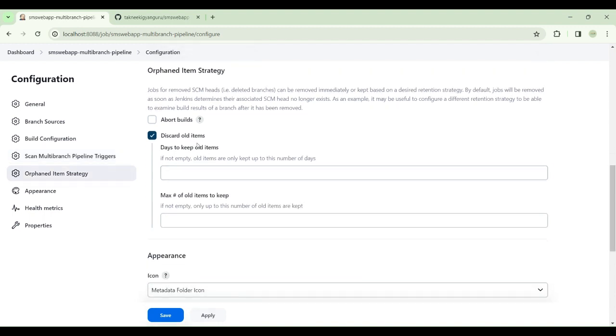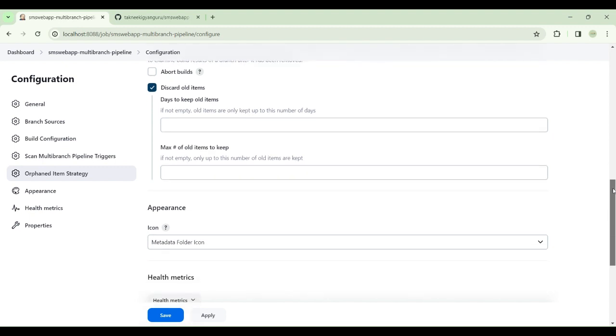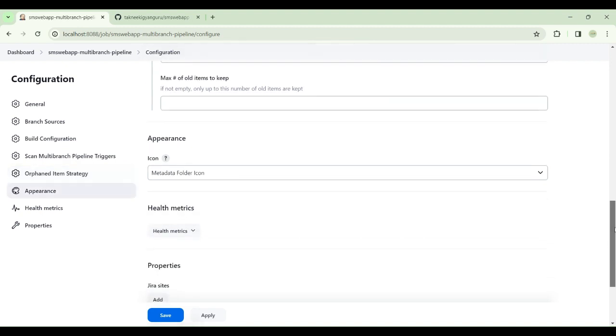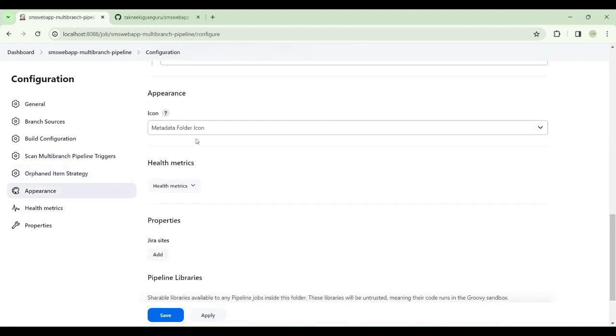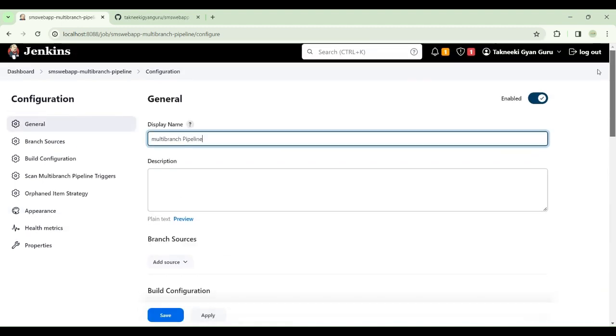If you want to discard old items, you need to give the details of when you want to discard them. So if you want to delete the data if it is not being used after some time, you can give the days and it will automatically delete. The icon is not required. Okay, so